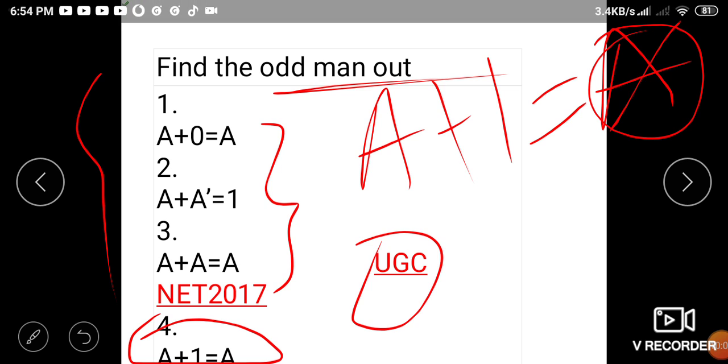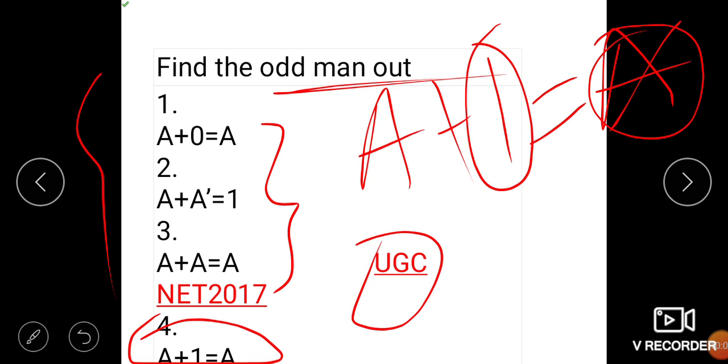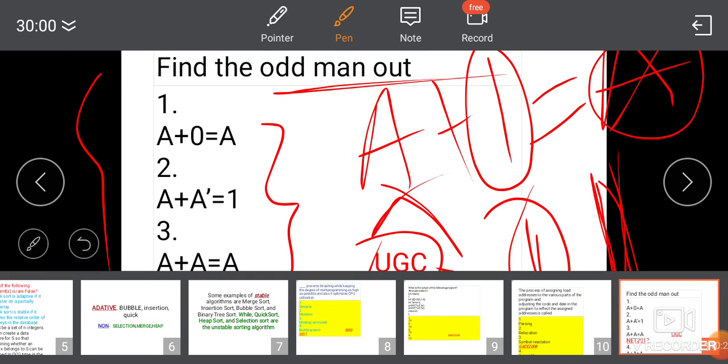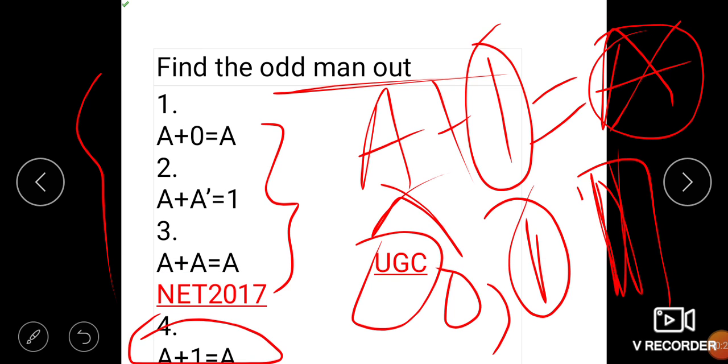If we add 1 to any element, it gives 1. You can put 0 or 1 in a. If we take 0 plus 1 we get 1, and if we add 1 plus 1 in binary we also get 1. So in both cases we get 1, and for this reason this is false.